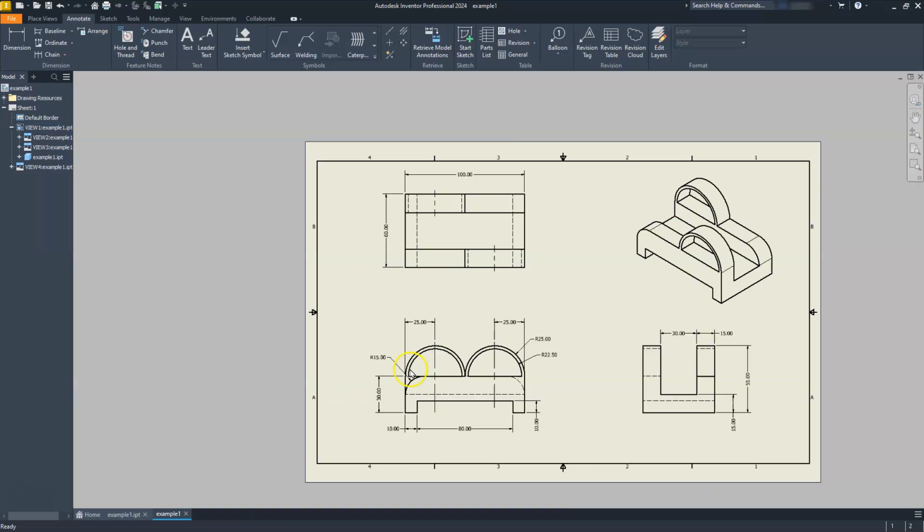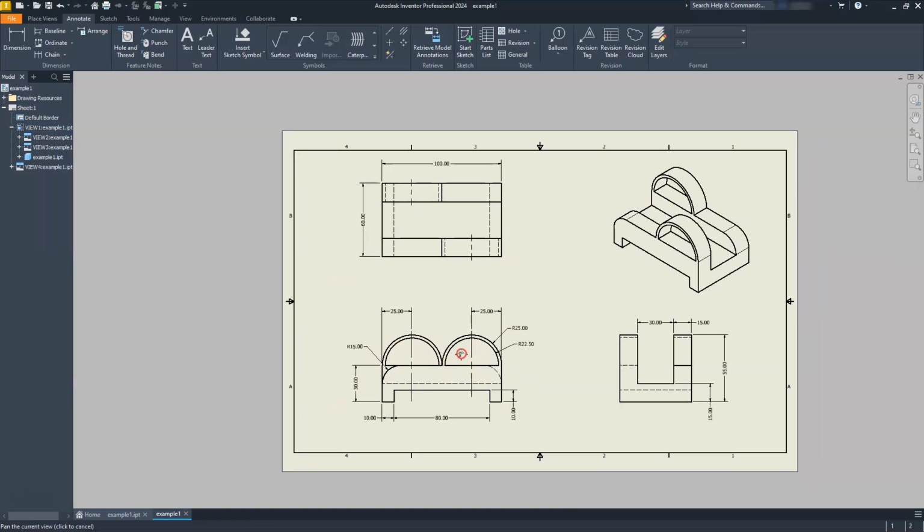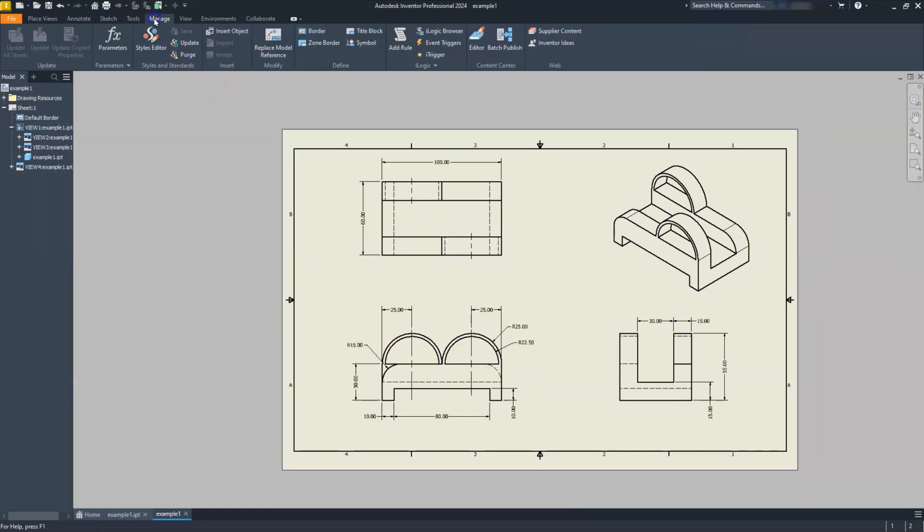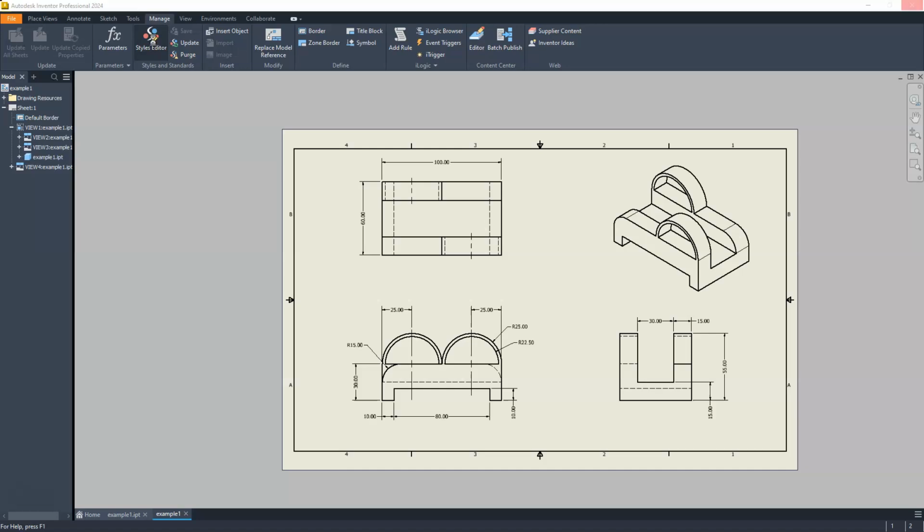Okay, so we have all of our dimensions created, right? Let's go ahead and take a look at our style. So we're going underneath Manage and then hit the Style Editor. And once again, depending on how fast your computer is, this may take a couple of minutes. Hopefully it shouldn't take you more than a couple of minutes, but it does have to load some things here